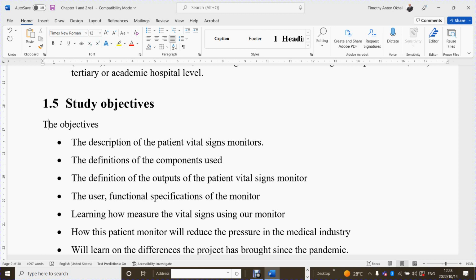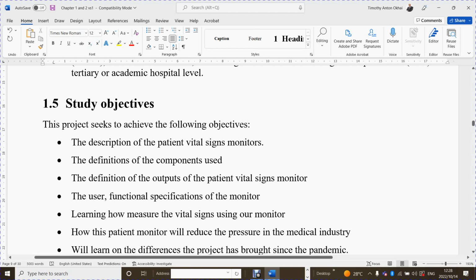Or you say, this project seeks to achieve the following objectives. Put a colon. Then you say the description of the patient vital sign monitors, the definition of the components used, the definition of the output of the patient vital sign monitor, the user functional specification monitoring,